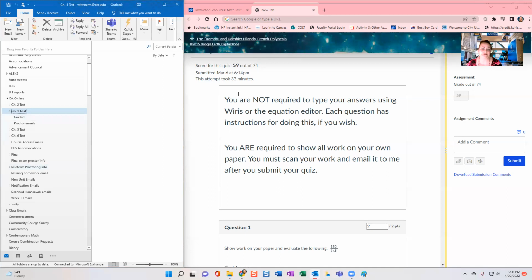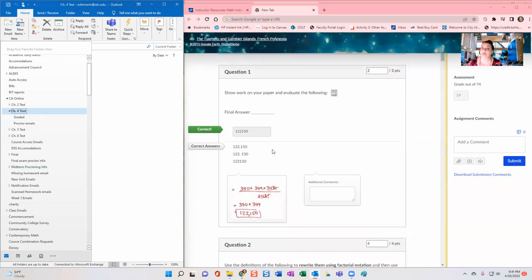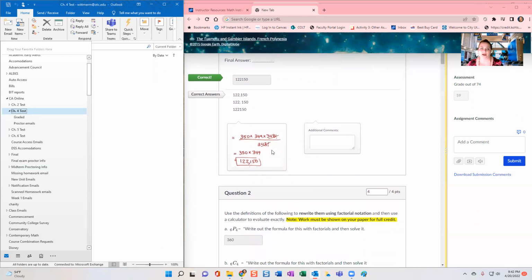Now this quiz was set up where some of the questions had answer boxes. So the student would have been able to type in their final answer in the box. Those are really nice if you can do that, because it's automatically graded by Canvas for you. So as I have the students' work displayed next to their quiz, I can visually quickly see green, yeah, they're right. I've also embedded my answer key in that blue general comments box, and only I see this when I'm